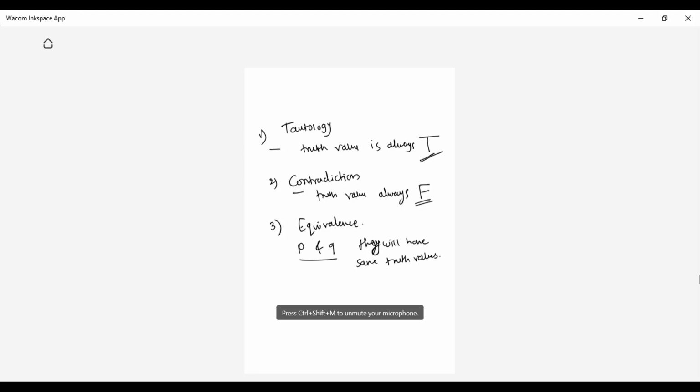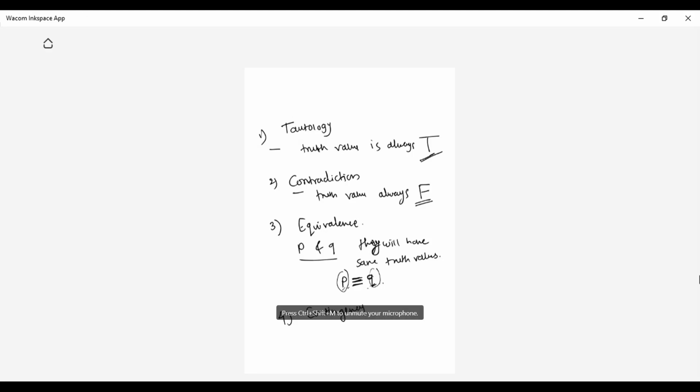How do I represent the equivalence with a mathematical symbol? It is represented as P is logically equivalent to Q. When P and Q have the same truth values, we call it P is logically equivalent to Q, and symbolically we represent it like this. The fourth one is contingency.